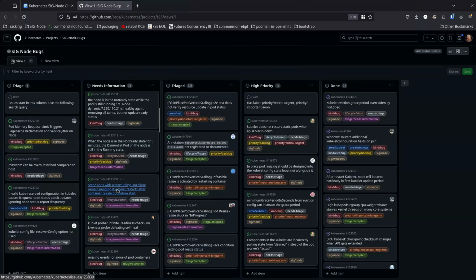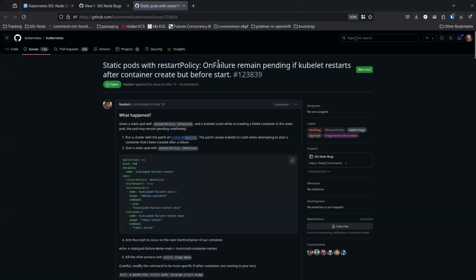Maybe one or two more. Doozy of a sentence. Remain pending if kubelet restarts after container create before start.